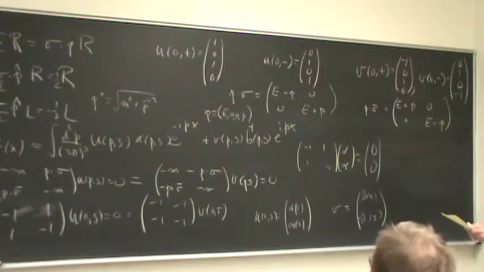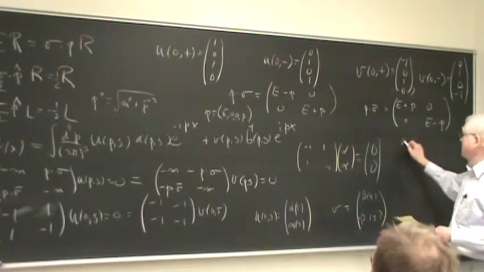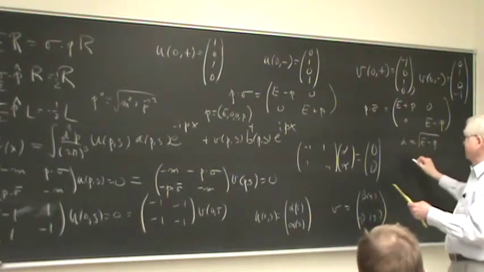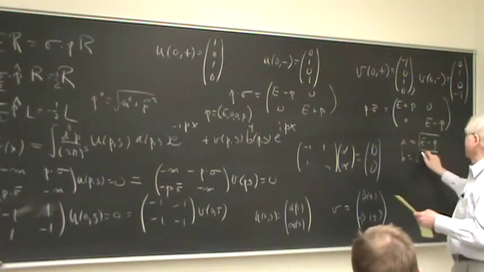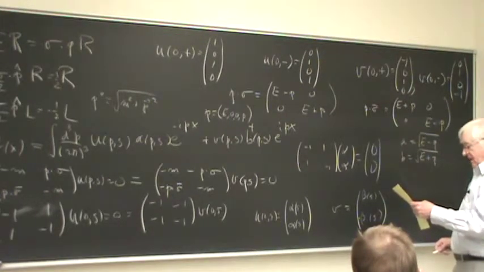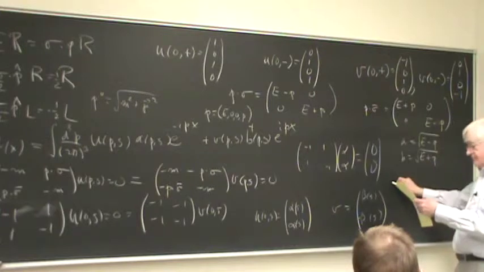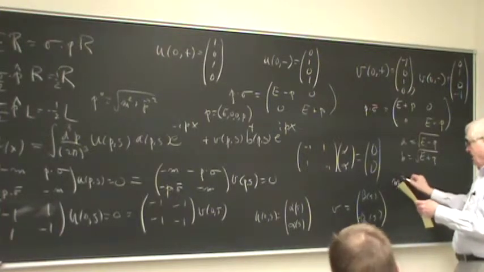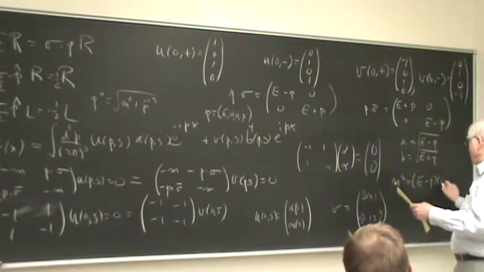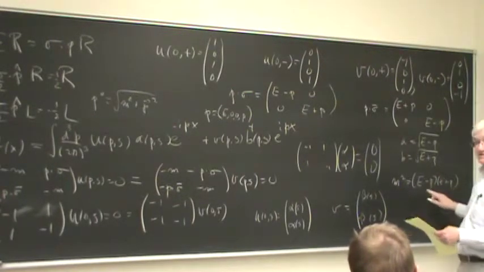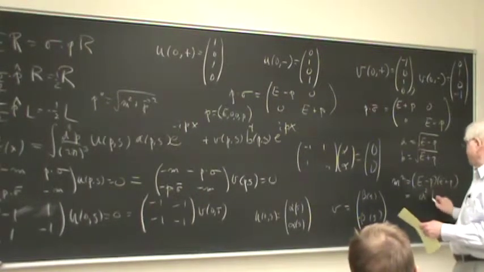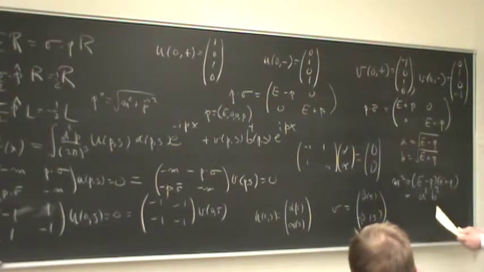And so what do we have now? Well, Schwartz lets A equals square root of E minus P, B equals square root of E plus P, and M squared turns out to be E minus P times E plus P, because that's just E squared minus P squared, and this is the same thing as A squared B squared. All right, with all this notation,